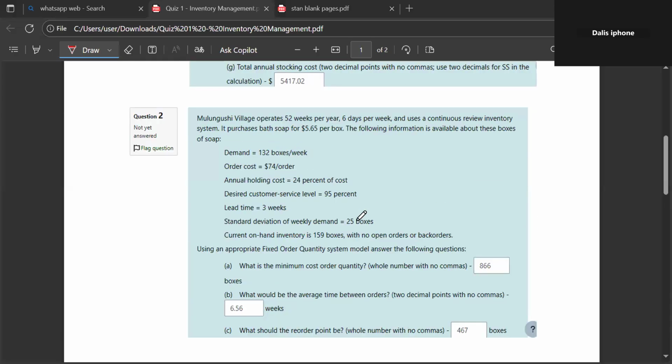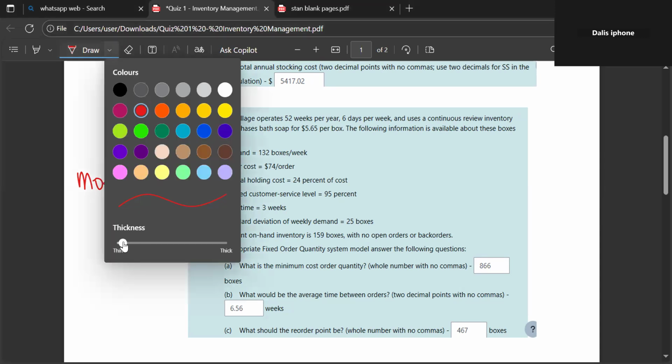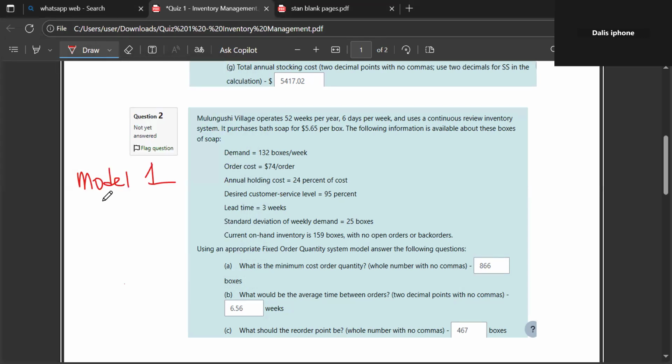Question 2 was on inventory management, which is the purchasing module. It was on module 1. Okay. So for the purchasing module,